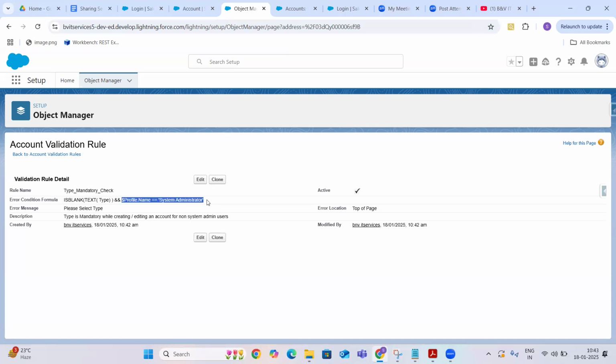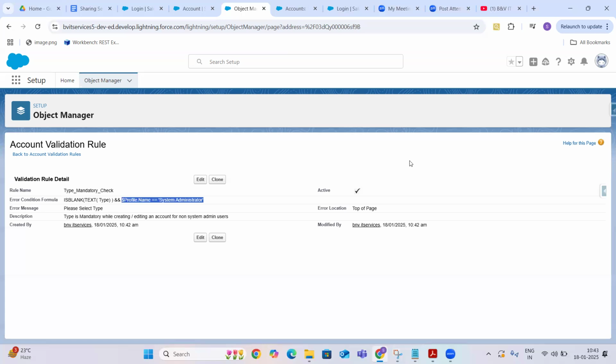Okay. Depending on our requirements, we are going to write conditions. That's it. So don't bother about that. Depending on our requirement, we will write the conditions. The main agenda here is how to use the profiles, how to use the functions, how to use the fields inside these functions. That is the main priority here.